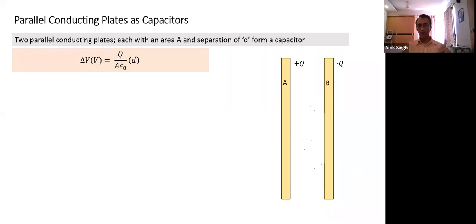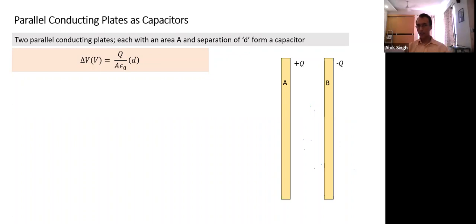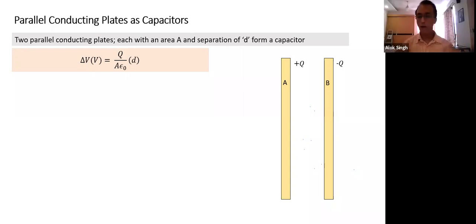So what do you understand? If you have a battery of 1.5 volts, what does it mean? If I transfer 1 coulomb of charge from the positive terminal of the battery to the negative terminal, how much potential energy will it lose? 1.5 joules. So whenever charge gets transferred from a higher energy state to a lower energy state, potential energy is lost, like water falling from a higher level to a lower level. It is possible to use that energy in some form.